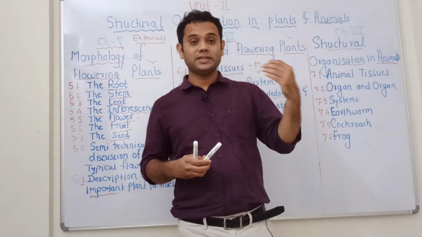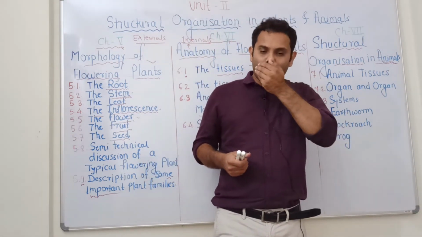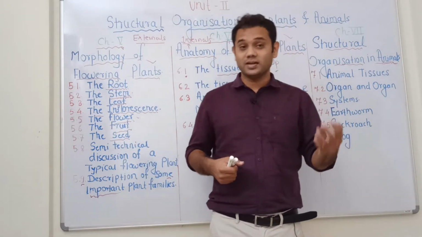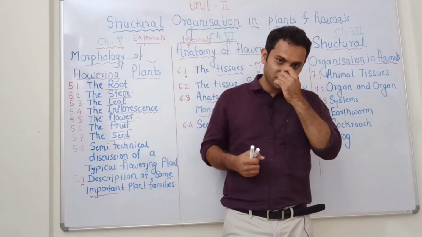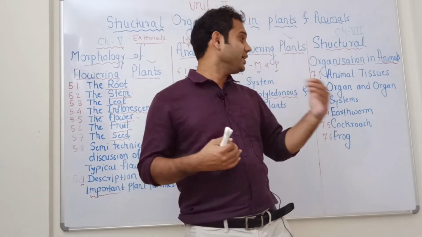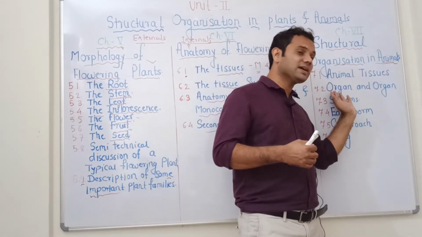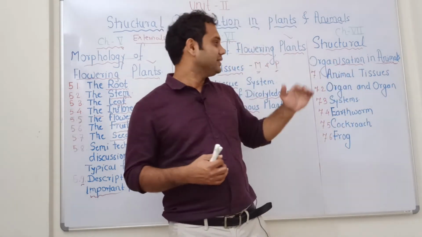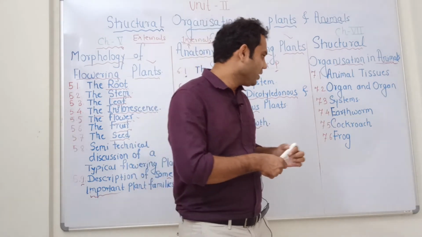Animal tissues are what? Epithelial tissues are there, connective tissues are there, muscular tissues are there, and neural tissues are there. There are 4 different types of tissues. Their structure will be studied in great detail. Then these tissues will form the organs, and organ systems will get formed from these organs. That will be studied in detail, and at last we will be dealing with the